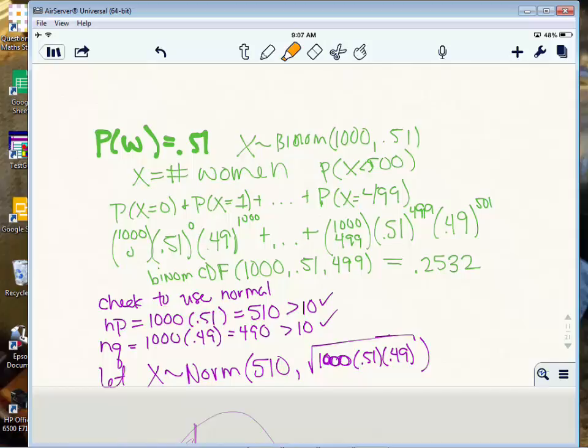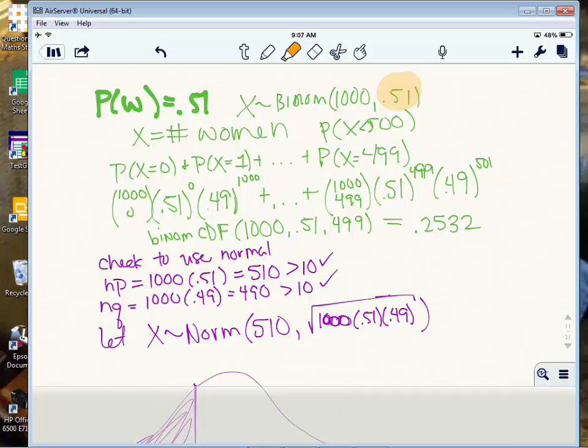So for the binomial model, 1,000 with a probability of picking a woman of 0.51, okay, X equals the number of women, and we want the probability of it being less than 500 women. So we randomly pick 1,000 people. What's the chance of getting less than 500 women if 51% of the population is a woman? So that would be the same as having 0 women, 1 woman, up to 499 women. So again, you could do 1,000 people choose 0 women, up to 1,000 people choose 499 women,